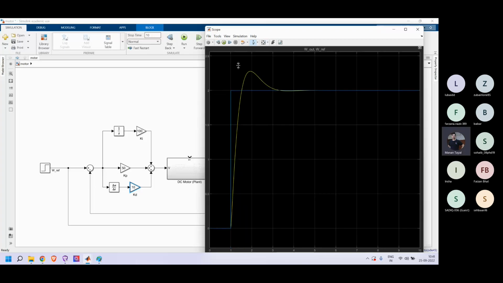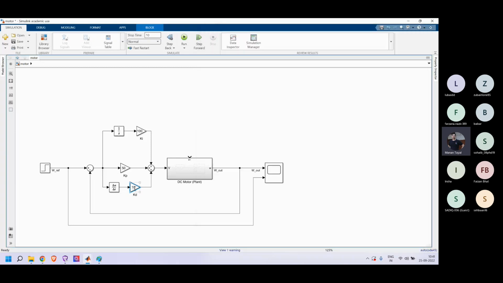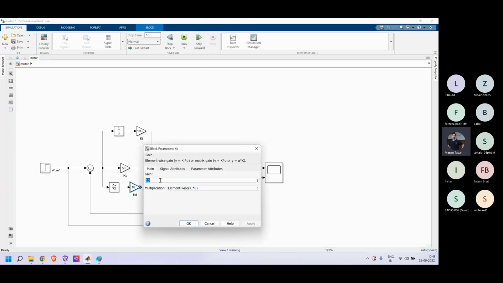But the problem is, earlier we had this settling time which was like 3 seconds, but now this time has increased by some more amount, but the variation has decreased. And then if I increase the gain of the kd block again,